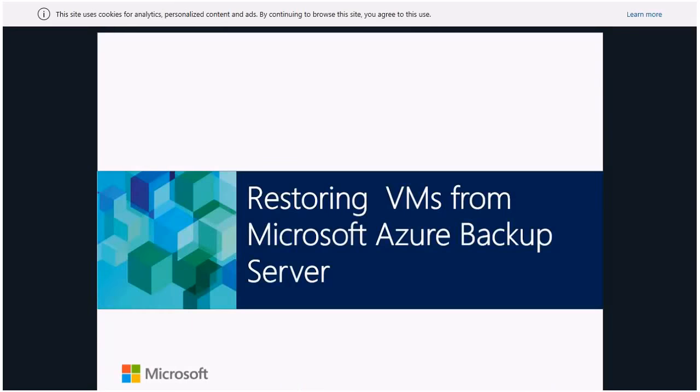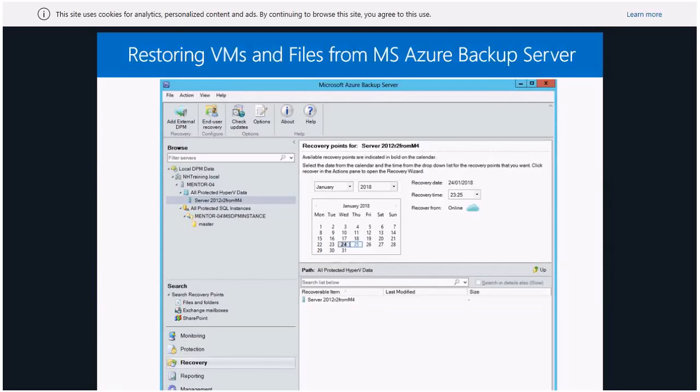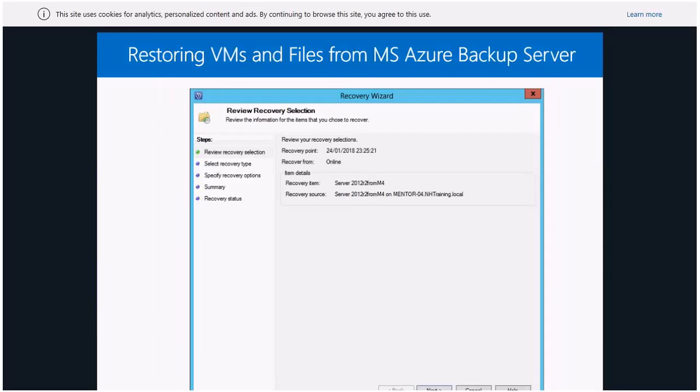Okay, the final thing is if you want to restore a virtual machine, in this case, I'm talking about a local virtual machine. It's not too complicated. Basically, just go back to your Azure Backup server and pick the date from when you want to restore. As you can see here, because I did a backup that day from a single VM, in this case, the server 2012 R2.